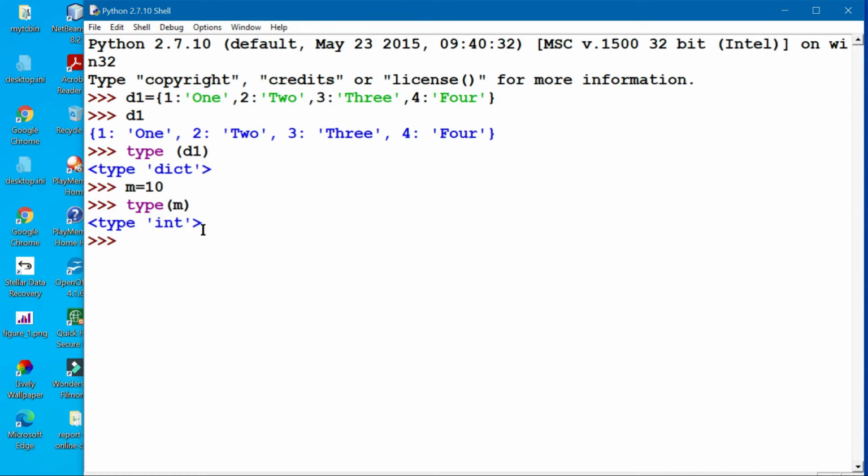Now we are writing another type of dictionary. Just suppose d1, I am giving it like this. Now you see how many different ways you can write it. Suppose I am writing 1 here and then colon 1 here.